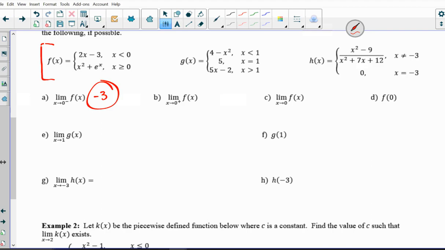G is no. If you go on like a number line,